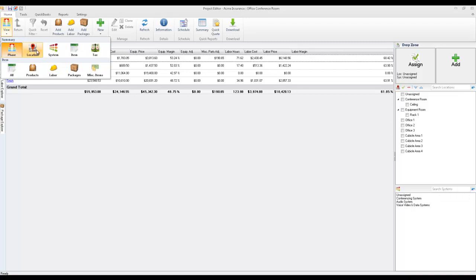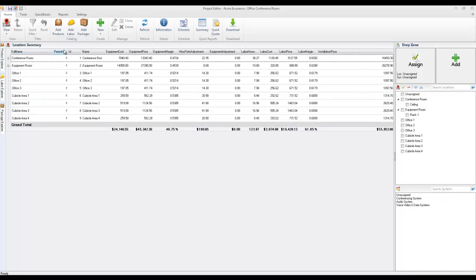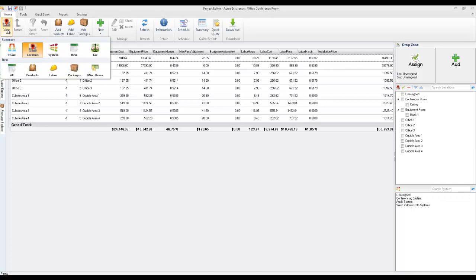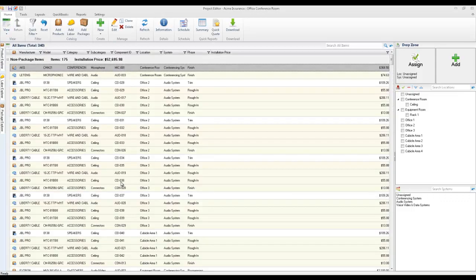You could also see a summary by location if you wanted to, or if you're looking to see the actual products or items that are in the job, go ahead and come to the View menu and choose, in this case I'll choose All. And now I can see all of the products that are already inside of the project file. There's a nice new feature you may have noticed over here on the right hand side called the drop